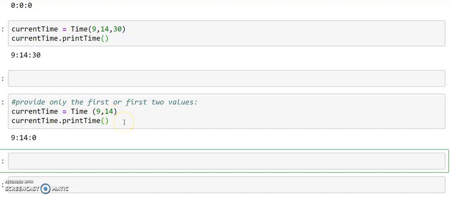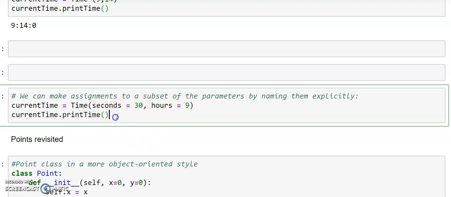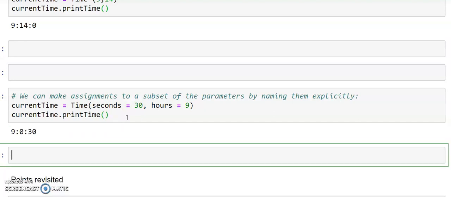What if I want values not for the hour, but only for the minute, or minute and seconds? Yes, we can do that by providing explicit naming. We can assign by giving the names: this is for the seconds, this is for the hours. It's not necessary to follow the sequence. The only thing is that whatever parameter you pass needs to be written with its name.